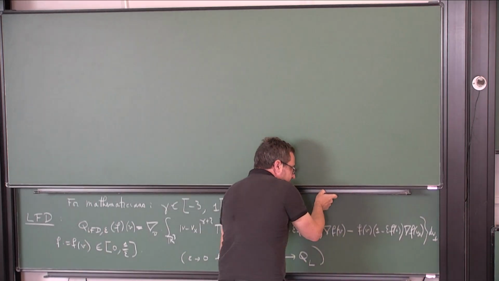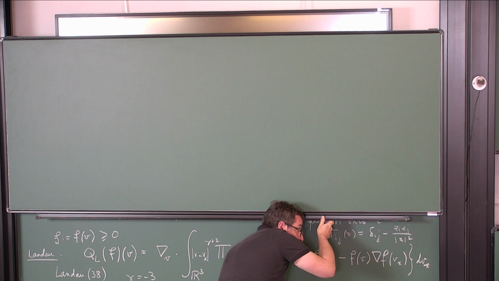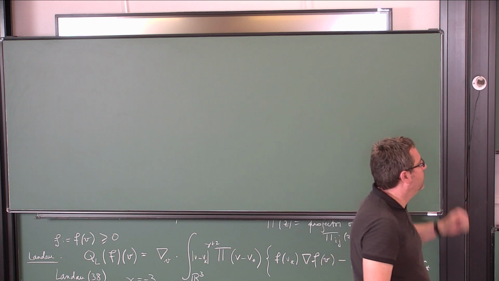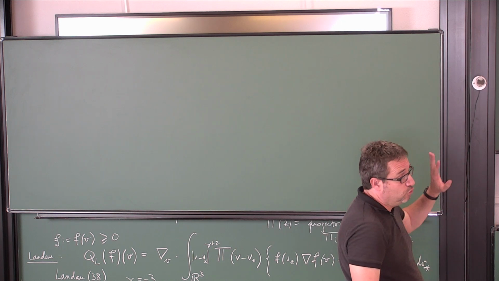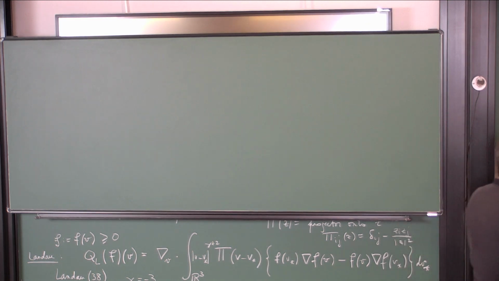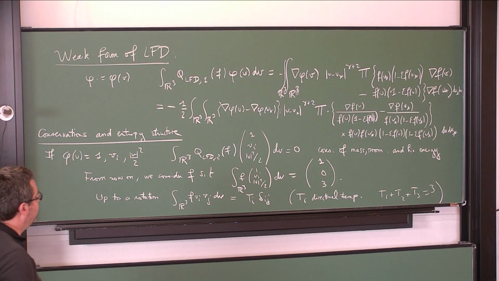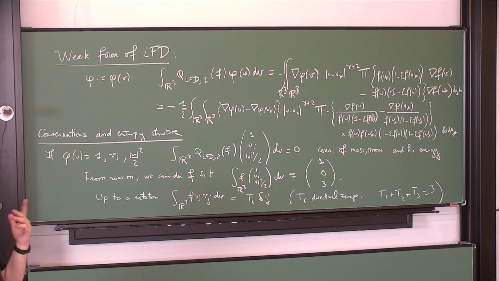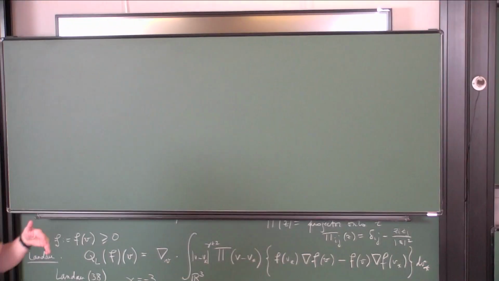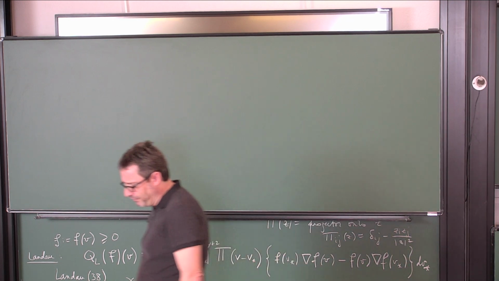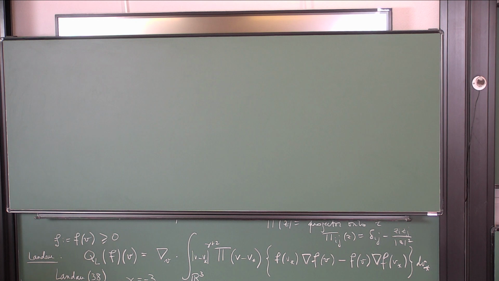obtain a nice entropy structure for this operator. Landau observed it in the case epsilon equal to 0, but it's not extremely difficult to transfer it to the case when the quantum correction is taken into account. And it is really no surprise if you remember that these operators can be obtained formally as some asymptotics of the Boltzmann operator, for which the entropy structure has been known for now, I think, 150 years, or something like that. So the idea here is